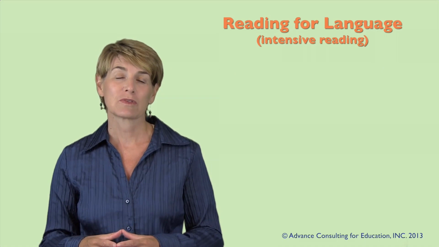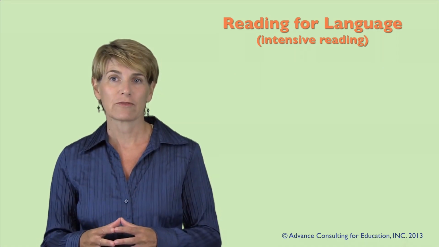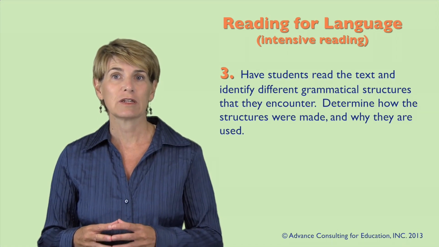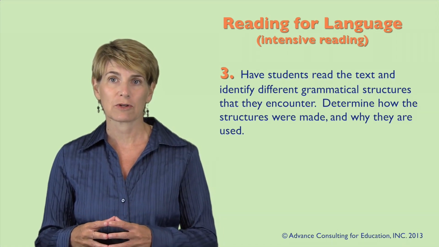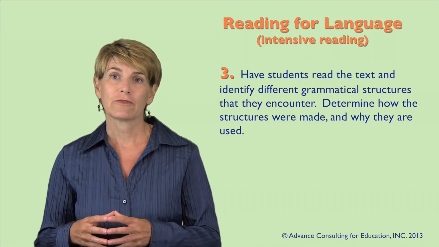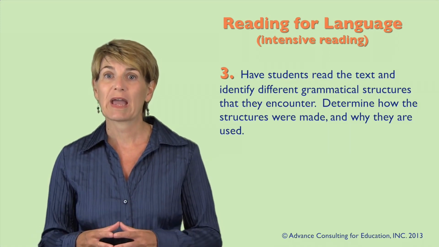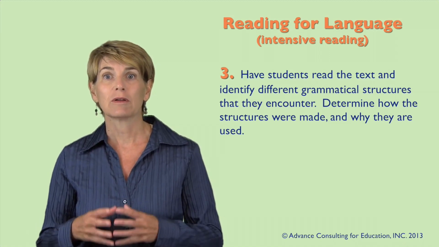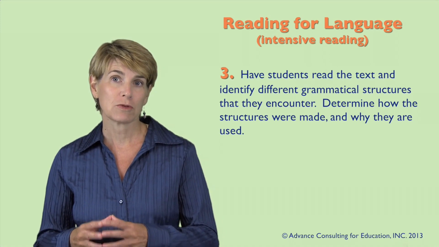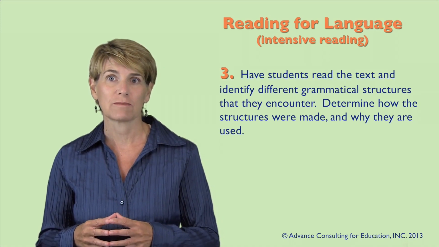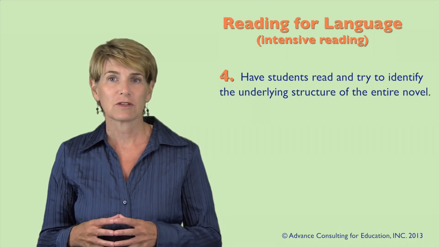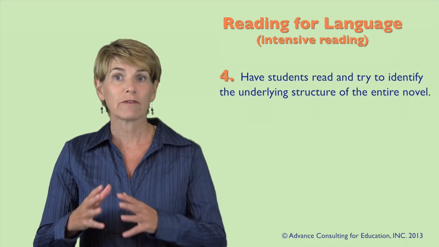An activity that focuses on the grammar level of Reading for Language is to have students read the text and identify different grammatical structures that they encounter. So for example, you could have them read a short chapter and identify all of the uses of the simple past. They then have to figure out how those simple past forms are made and why the author uses them in that particular situation. Finally, you can have students read and try to identify the underlying structure of the entire